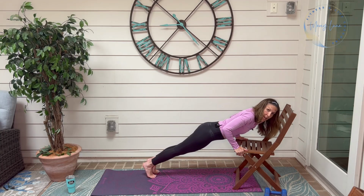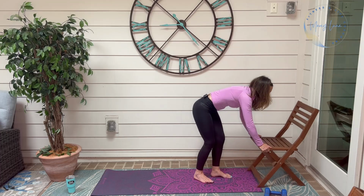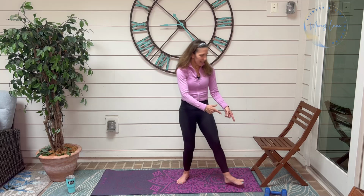When you get to your 10, shake it out. Drop it back, reset your shoulders. Your shoulders are working this whole time. You need to honor that, manage that. Next set,